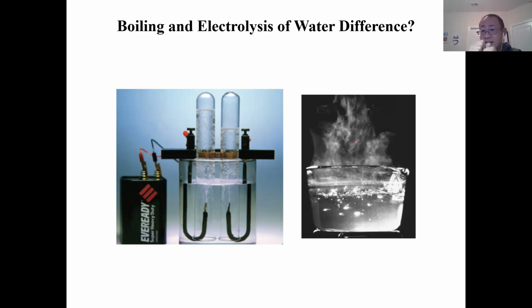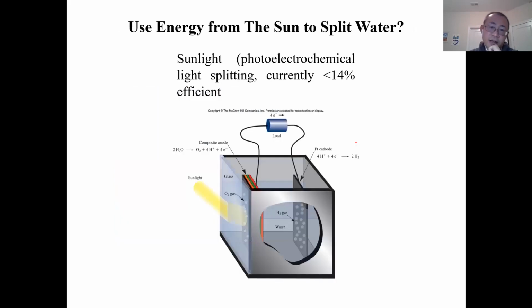So water molecules get split and they become individual water molecules, the gas, water vapor. But when you apply a battery to water, the bubbles are no longer water vapor. The bubbles are actually the elements of water, hydrogen and oxygen. Of course, in the topic of splitting the water,